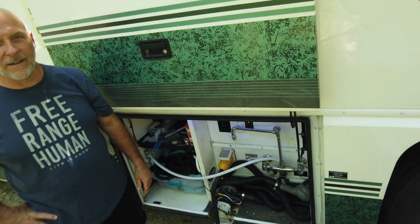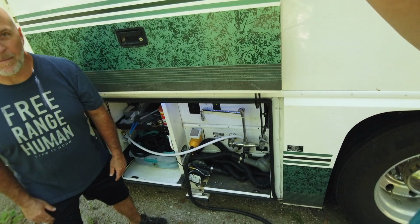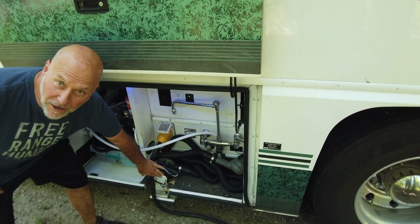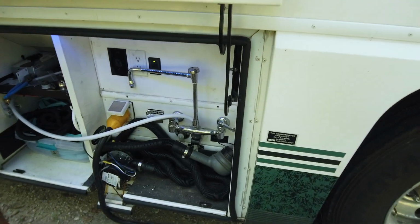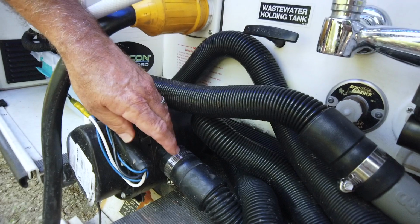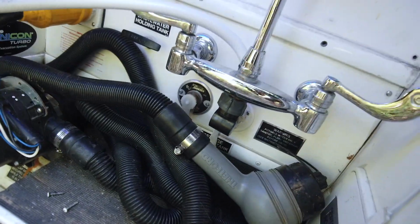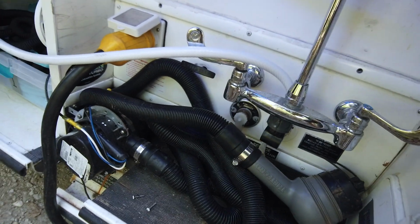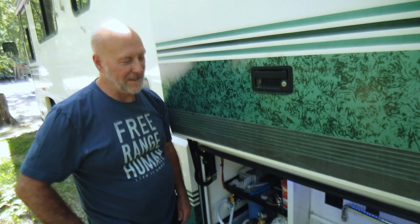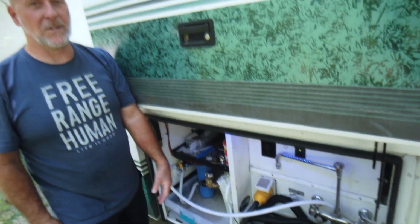This utility area is in constant transition, but one of the best things we did was put this macerator pump on. It's a Thetford, and it has a pass-through, so you can let your liquids go through after you open your valves. You don't necessarily have to run it,